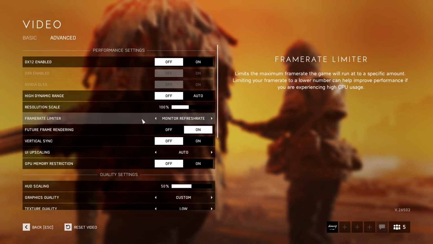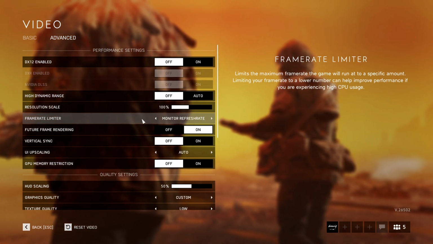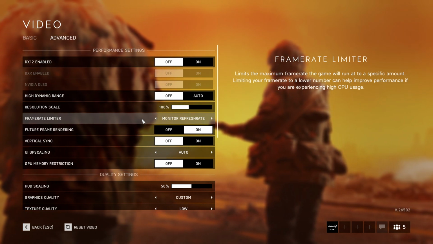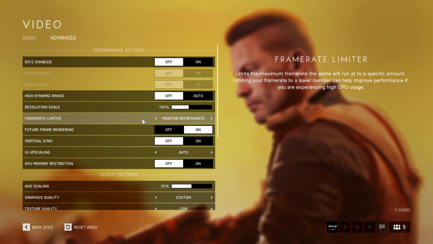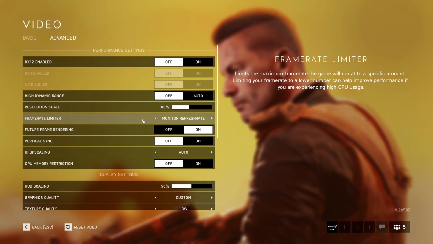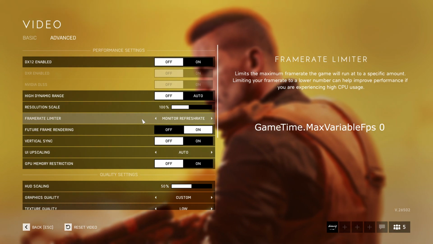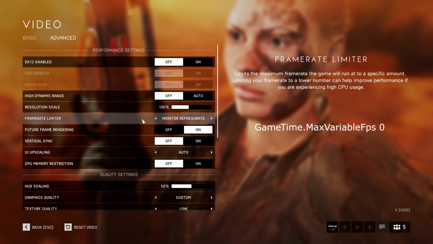Frame rate limiter, I have this on my monitor refresh rate because it's 240 and I'm very rarely at 240 FPS, so it's basically uncapped. You can unlock your FPS completely. If you're getting more FPS, you can use the tilde key, GameTime.MaxVariableFPS 0. It will unlock your FPS,